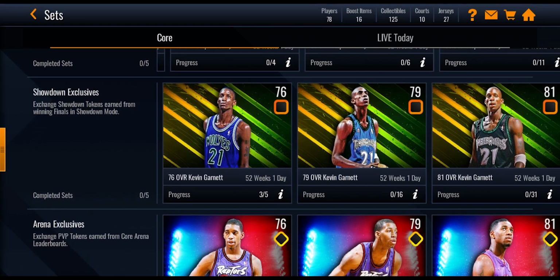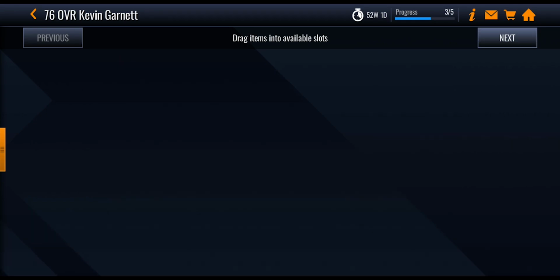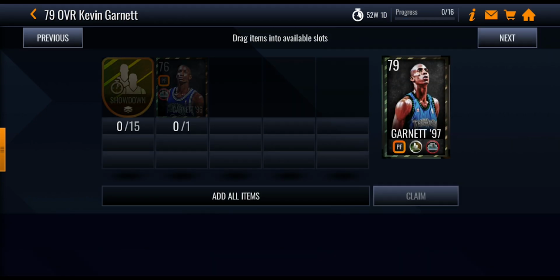Next one is the Showdown Master Kevin Garnett. To be able to get him up, you're going to need 5 tokens to get him to 76 overall. Then as we keep going, you're going to need an extra 15 to get him up to 79, so that's 20 in total. And then to get him up to elite status, which is 81 overall, you're going to need an extra 30, so that puts you up to 50 tokens in total